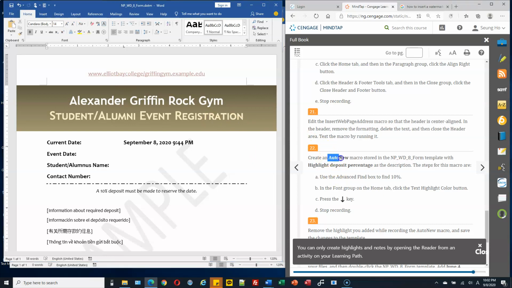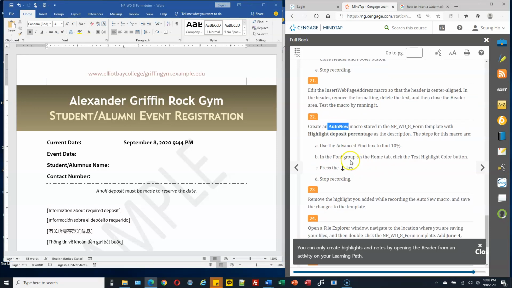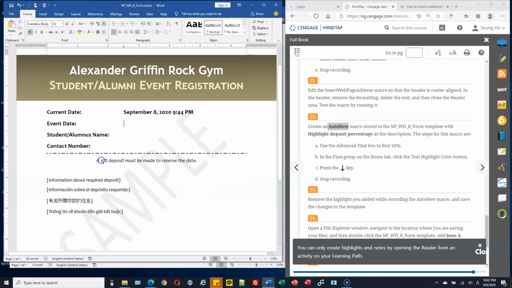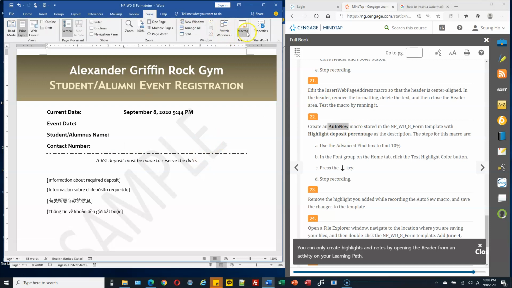Now create the AutoNew macro. Here is 10%. So let's create another macro.